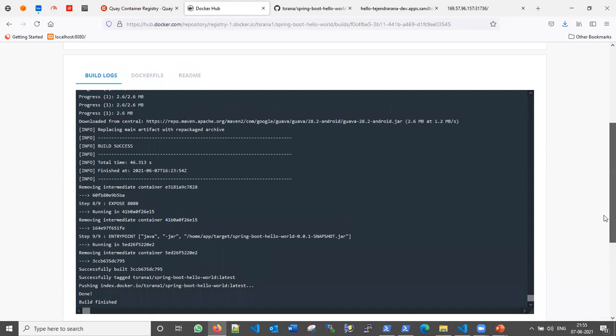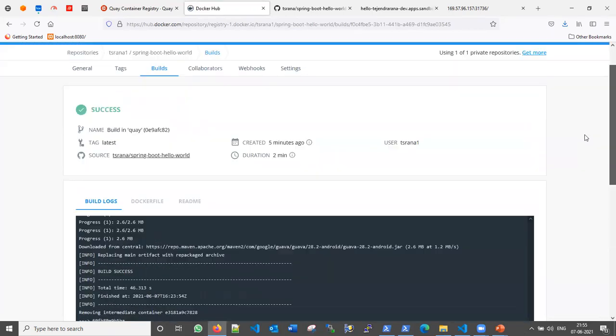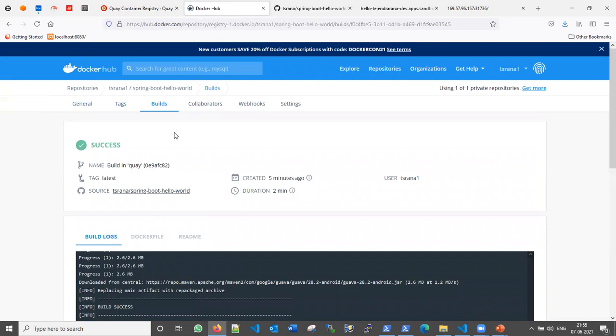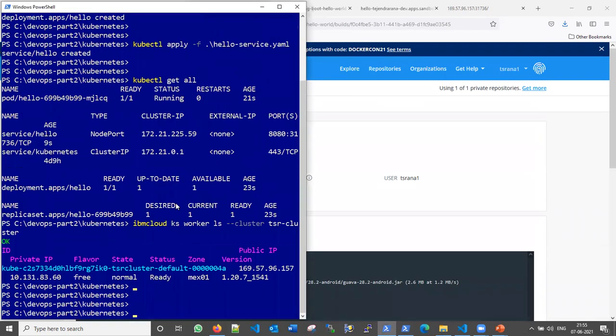So what we do here, we go back to our Kubernetes, and here let us apply the command kubectl rollout restart deployment hello.